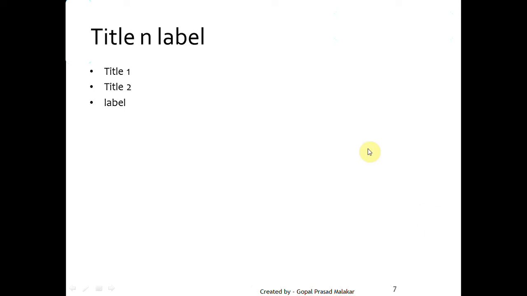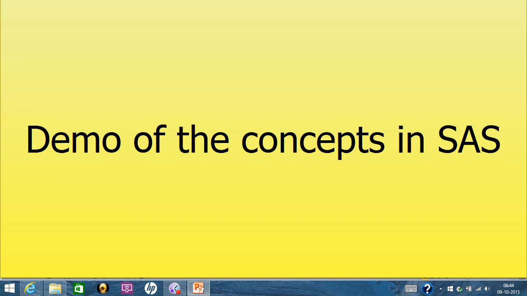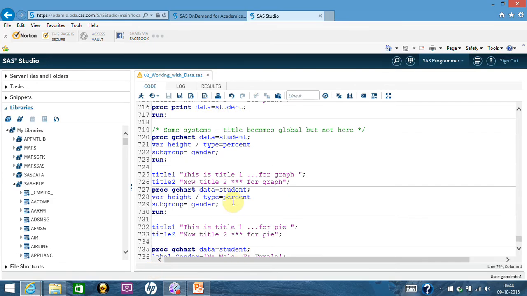Let me show you how to use the title and label statements to create a specific title and a specific label on top of your report. This becomes very useful especially when you're automating, so that when the report comes and gets published, people can make sense of this. And you can actually put logical titles there. However, for our case, we will just demonstrate how it operates and what it means.